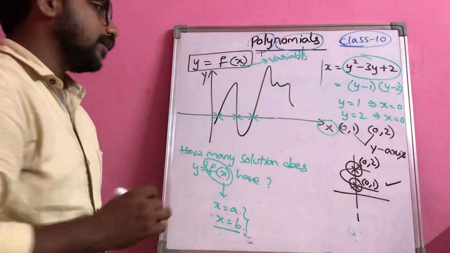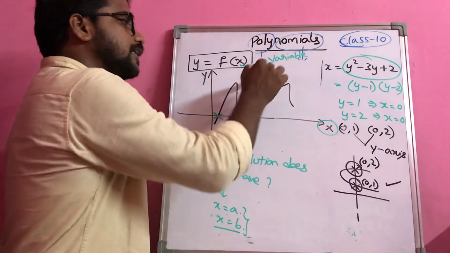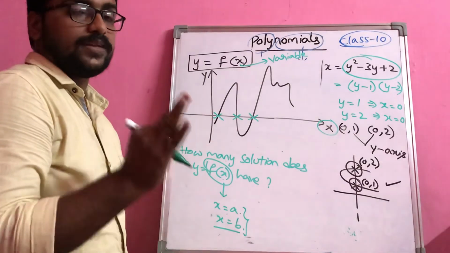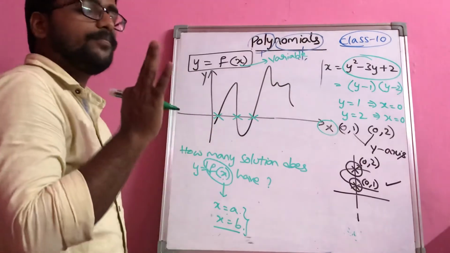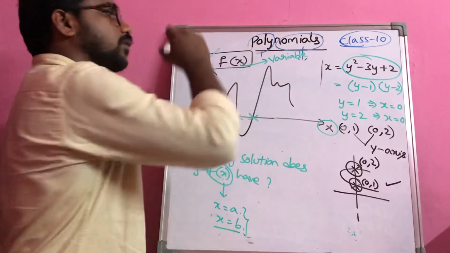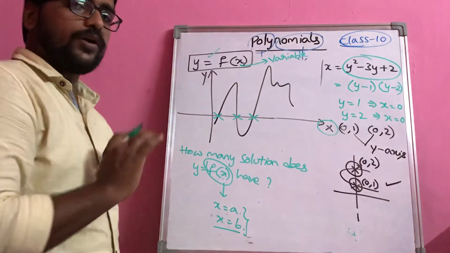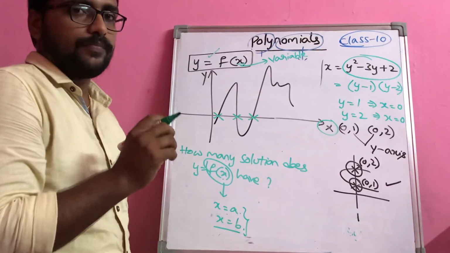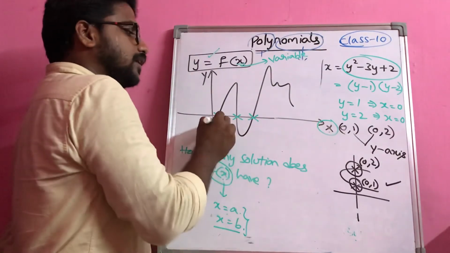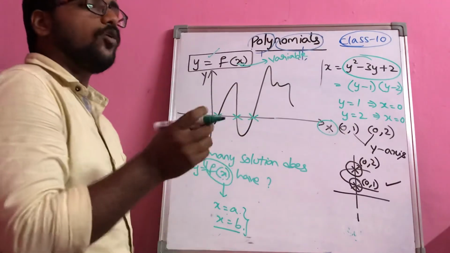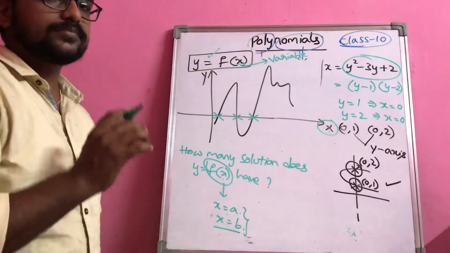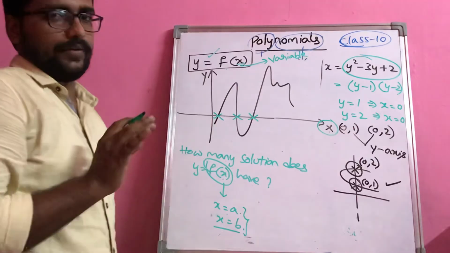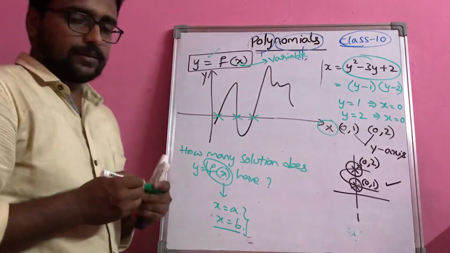You can just observe here, though you have infinite points on this curve, it is intersecting the x-axis at only 3 points, indicating that you will have 3 solutions for this y is equal to f of x. So simply, if the given question is in terms of x as a variable, look at the x-axis and at how many points the curve intersects it. Then that will give you how many solutions f of x has, right? Let me give you another simple example.